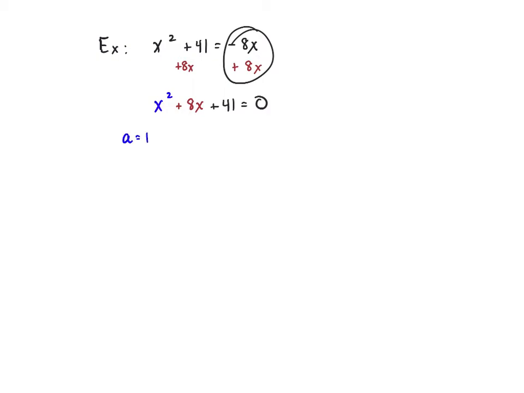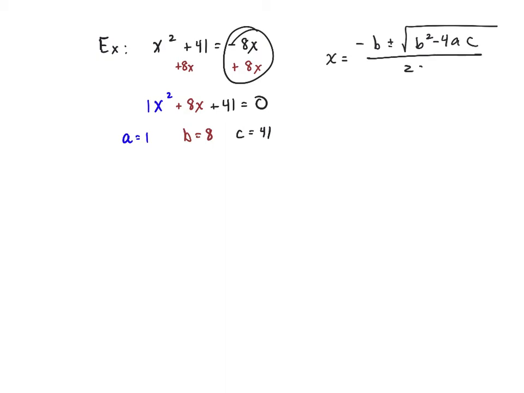A is equal to 1, the number in front of the x squared. B is equal to 8, the number in front of the x. And C is the constant term, 41. And if you haven't got it memorized yet, here is the quadratic formula. So let's do our substitutions, and let's find the two answers. We'll go negative, because we always start with that negative, of b, and b in this case is our 8,